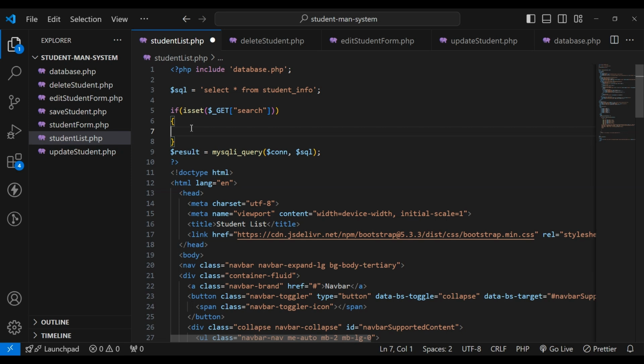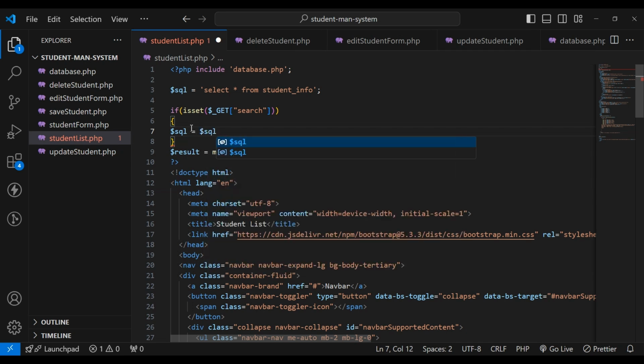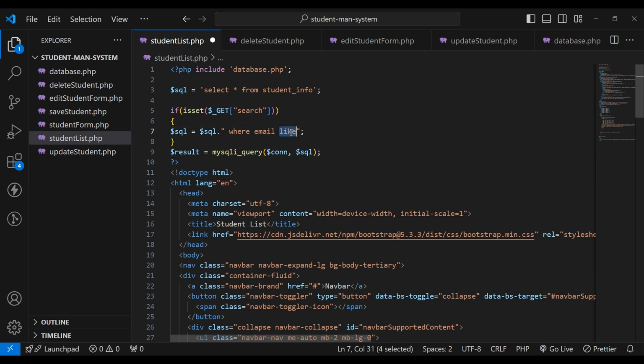So $sql equal to $sql dot. The dot will be used for concatenation. So in the current query we will add some conditions. The condition will be WHERE. The field on which we want to apply the condition is email. We will search by email basically. For matching any part of the email we use the LIKE operator in SQL. So email LIKE,